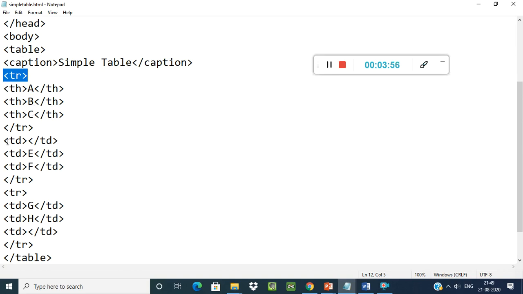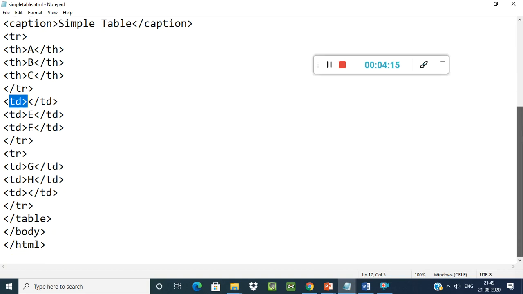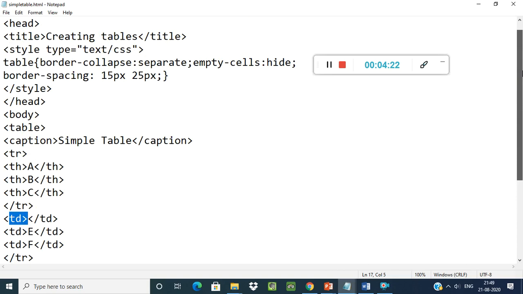Then in another row, e f data is given, and another row with g h data is given. Then the tr row is closed. After that, the table tag is closed, body closed, and html tag is closed. I typed the same program here.